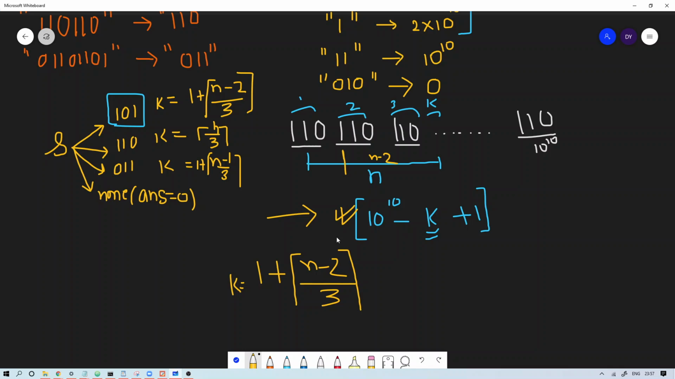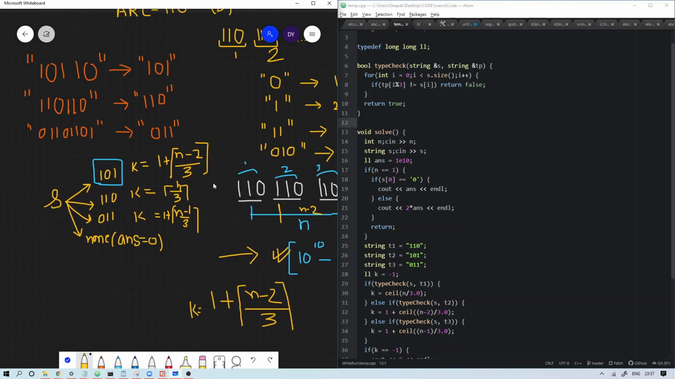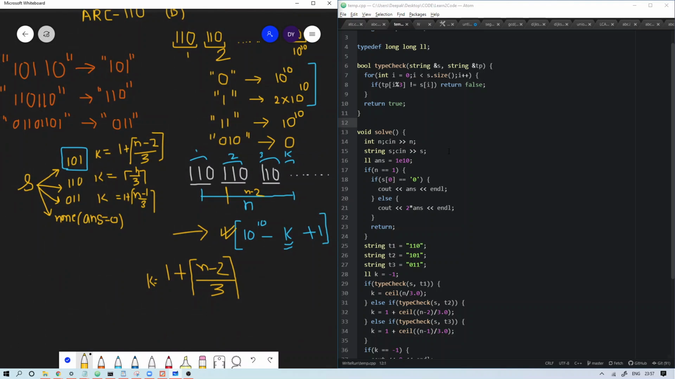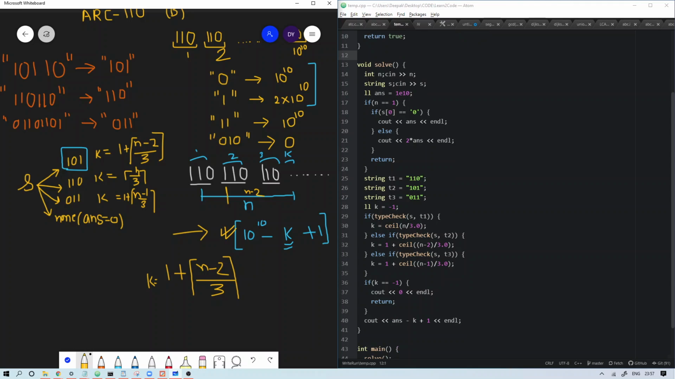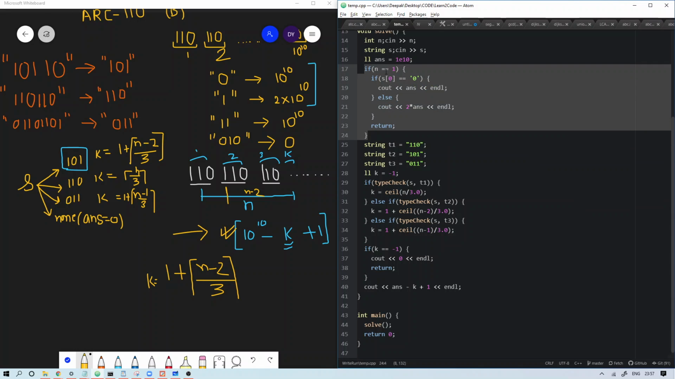Now let us look at the code. I have already written the code over here. I will walk you through this. I will take this here for reference. So I'll start from here. In the first two lines, we are taking the input, the string s and its length. Then we have stored the number of blocks we have, which is 10 to the power 10, in this variable answer. Now we are handling this scenario separately when n is equal to 1,